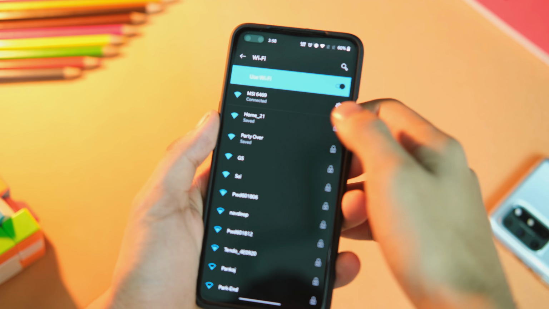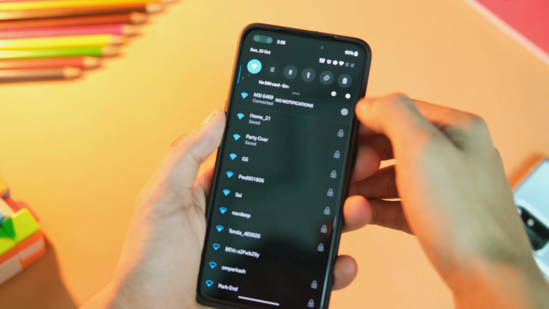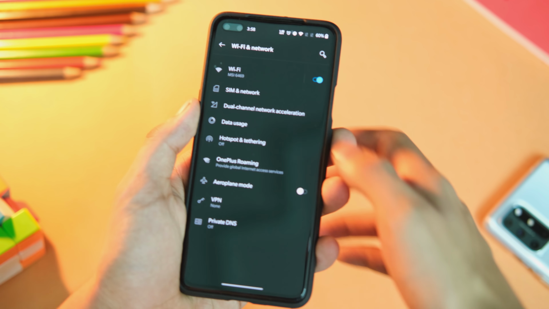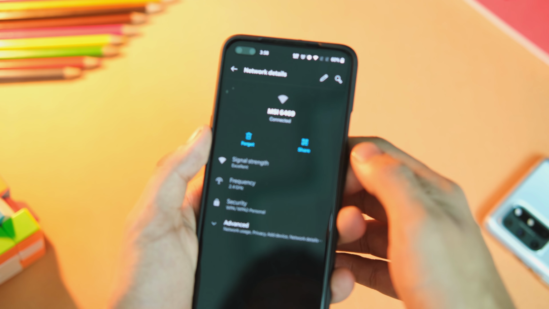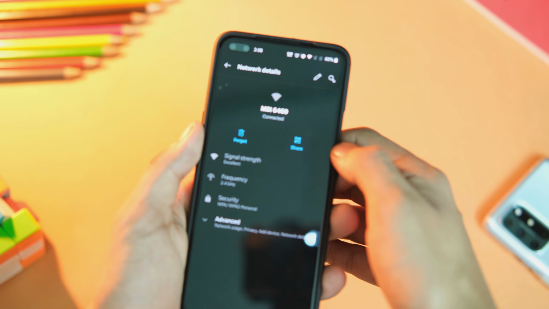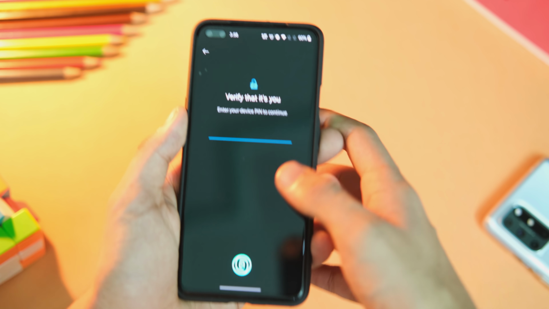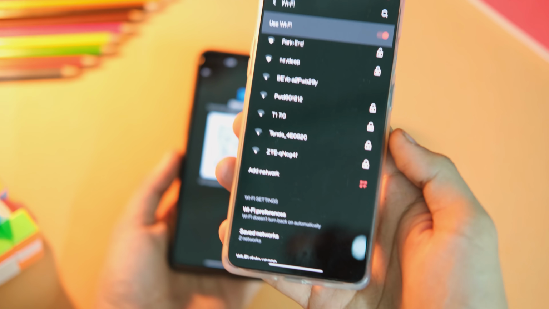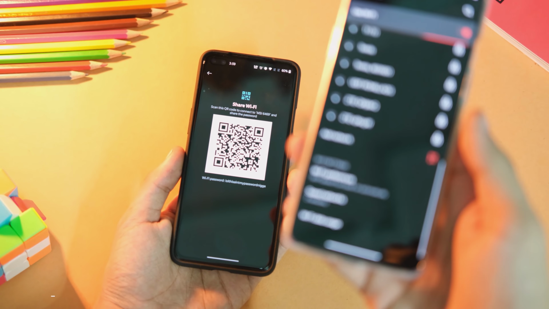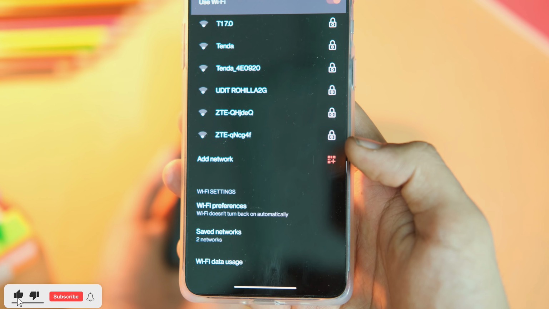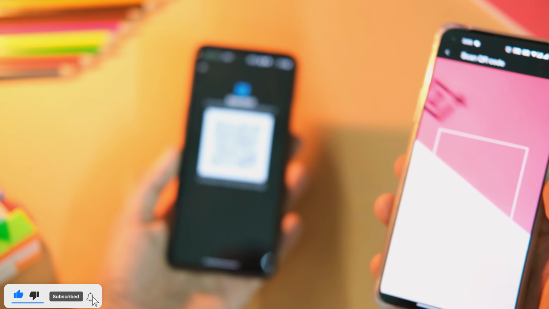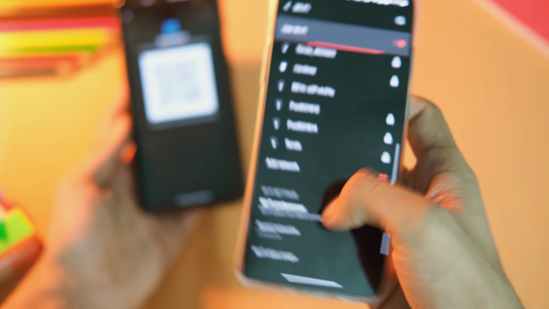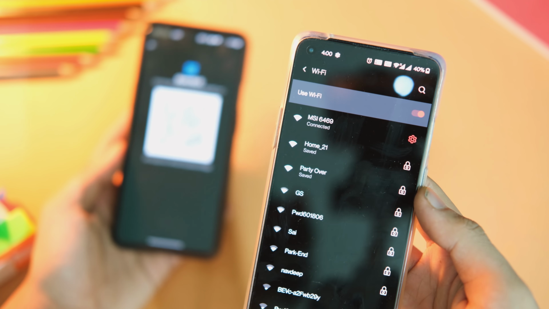Third feature in this list is Wi-Fi share. So if you are like me and hate to share your Wi-Fi passwords, then you don't need to worry anymore. You can do that quite intuitively without even making an effort. So go to settings. Now go to Wi-Fi network and tap on the Wi-Fi network you wish to share. Now just tap on this share button and a QR code will be displayed. To connect the other device, simply open Wi-Fi settings and tap on this plus button in front of the add network option. Now just scan that QR code and the second device will be automatically added to your Wi-Fi. So this is one of my favorite and most used features in day-to-day life.